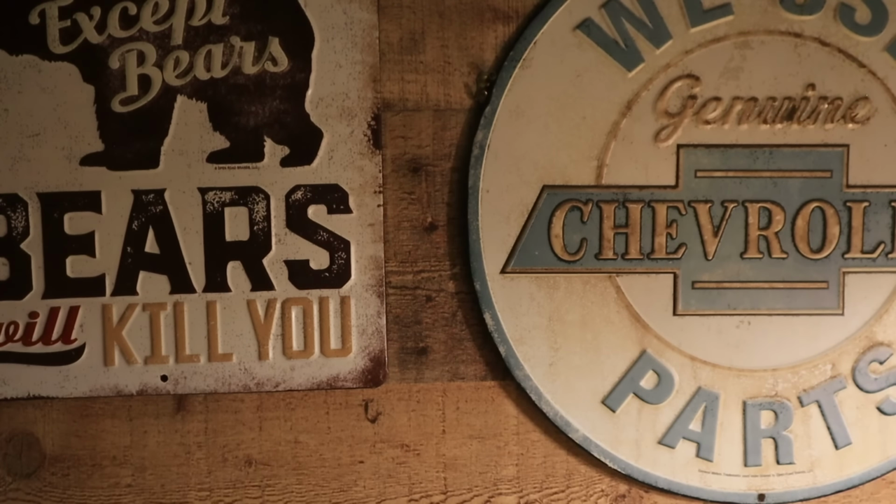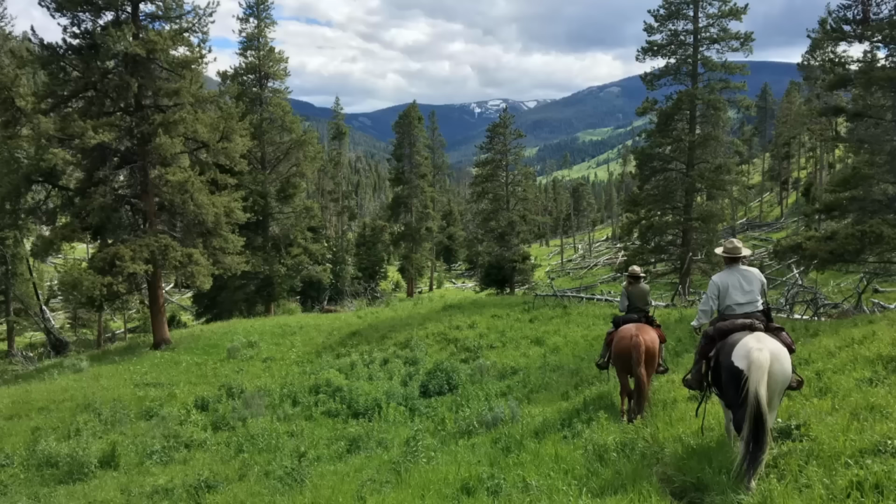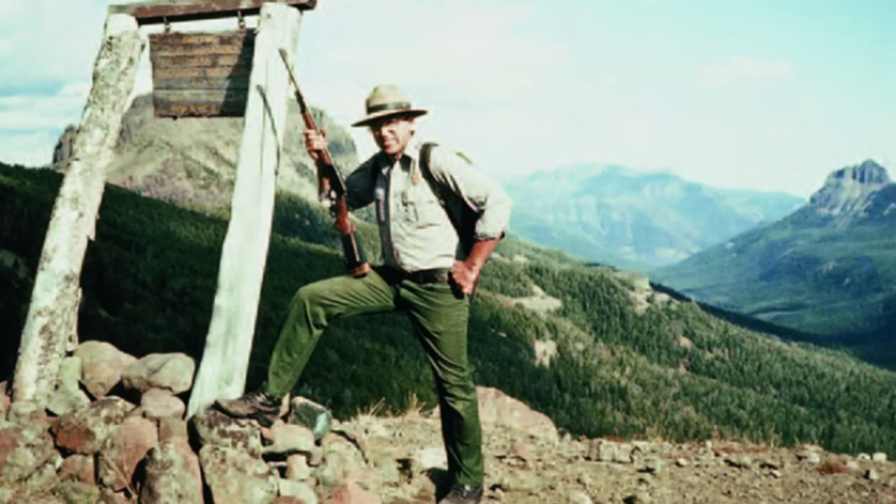Now this park ranger's name was Bob Jackson. He worked in Yellowstone as a backcountry ranger for over 30 years. He logged well over 50,000 miles of travel in Yellowstone's backcountry over those decades. He was known as Action Jackson because he was a famous ranger who would go after poachers on horseback. And he had a rifle, I believe it was a